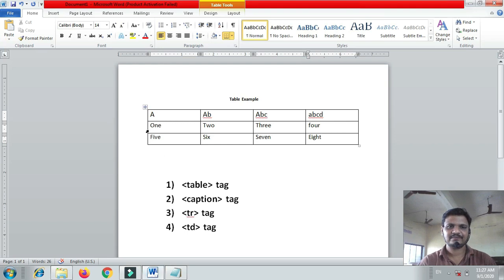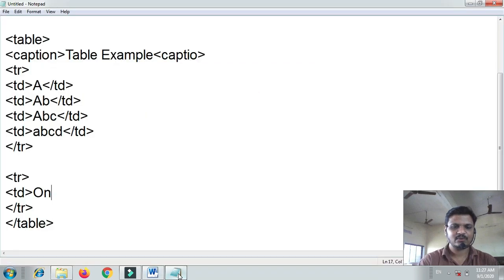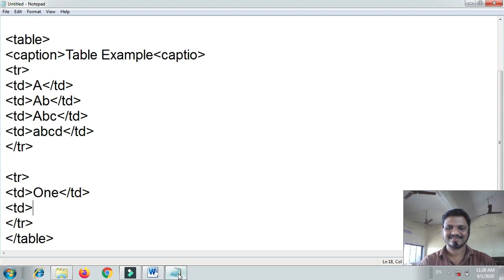Okay, there is one text. So just put 1 and then close td, that's it. Again td open, then 2, td close.